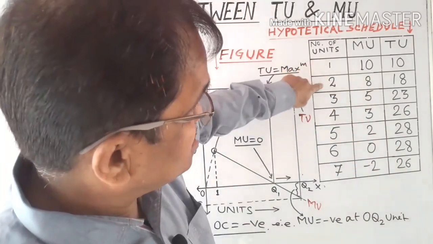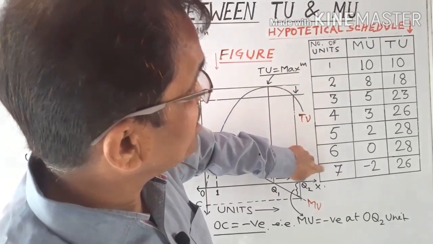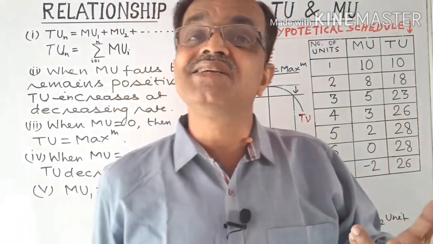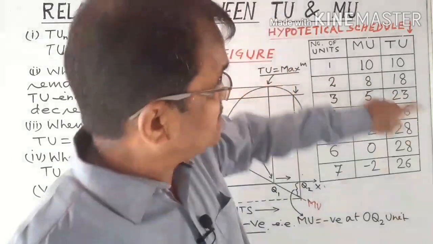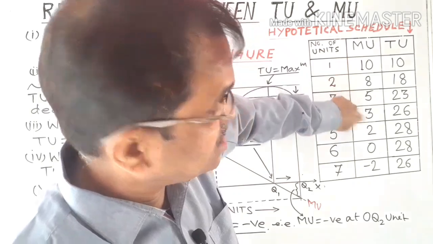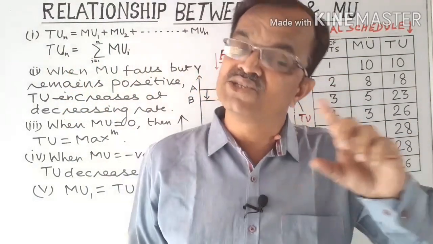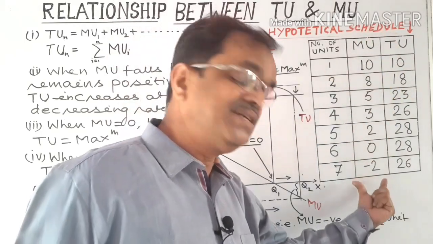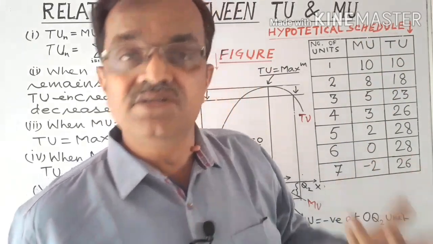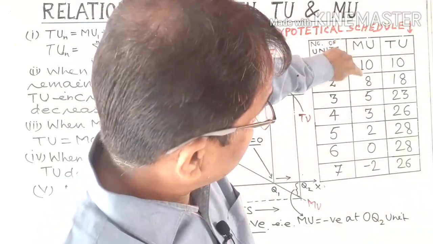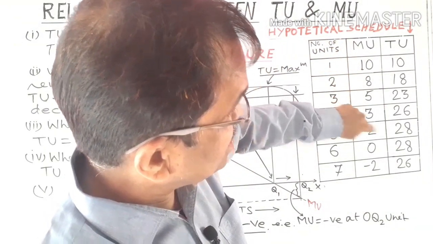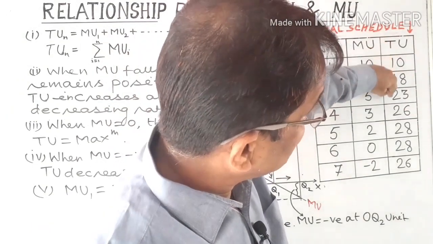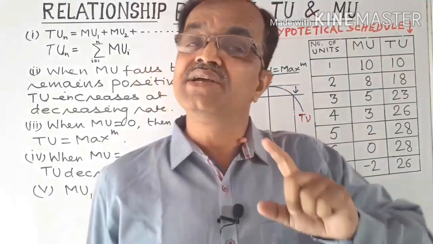So as the number of units consumed goes on increasing, total utility increases but at a decreasing rate, which is shown by this decreasing marginal utility of every unit consumed of that commodity. तो टोटल और मार्जिनल में अगर हम आते हैं शेड्यूल में, तो what is the observation? When there is a continuous fall in marginal utility, then the total utility increases at a decreasing rate.